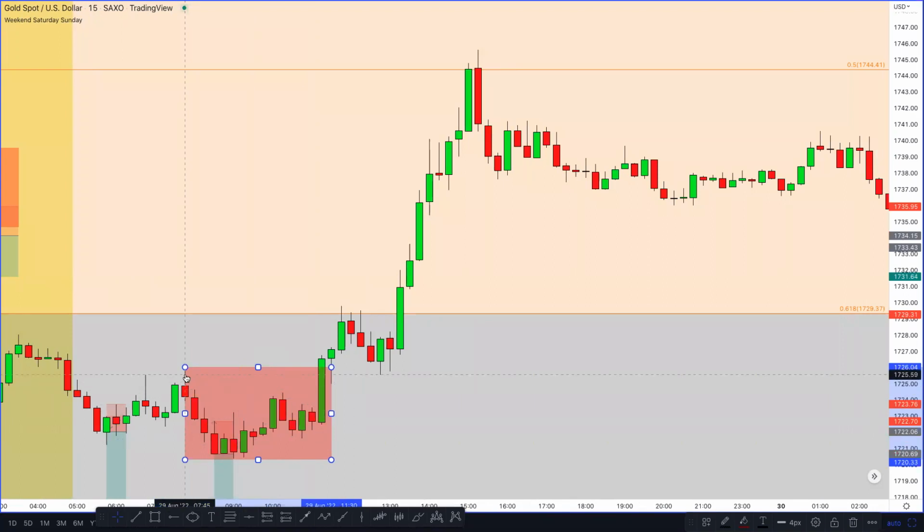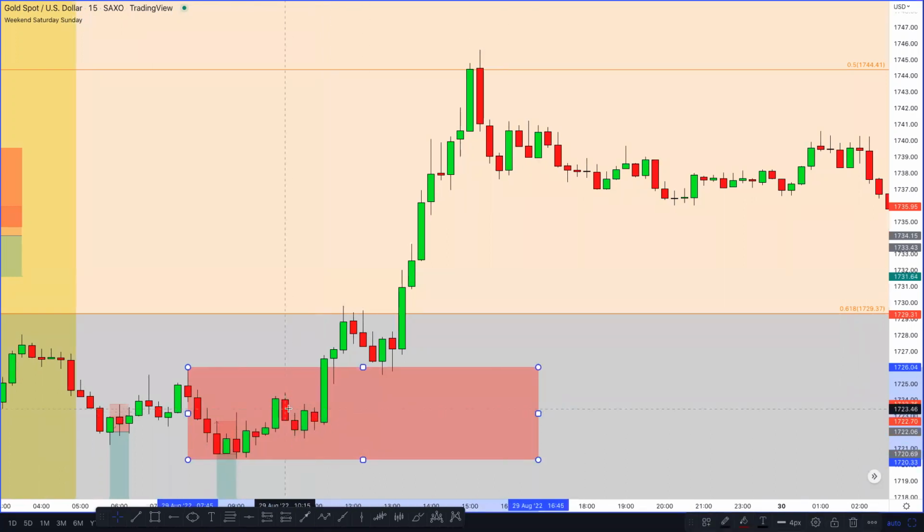So now we can see the swing low was here. The swing high was here, the swing low was down here. And of course, we're waiting for our next breakout in the market. We did not get a breakout yet until the market broke out here. So let's just move this box along. And this is what actually happens.